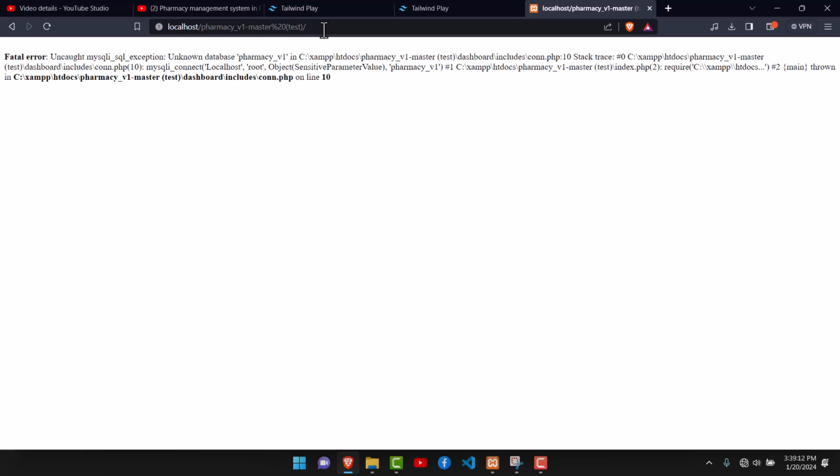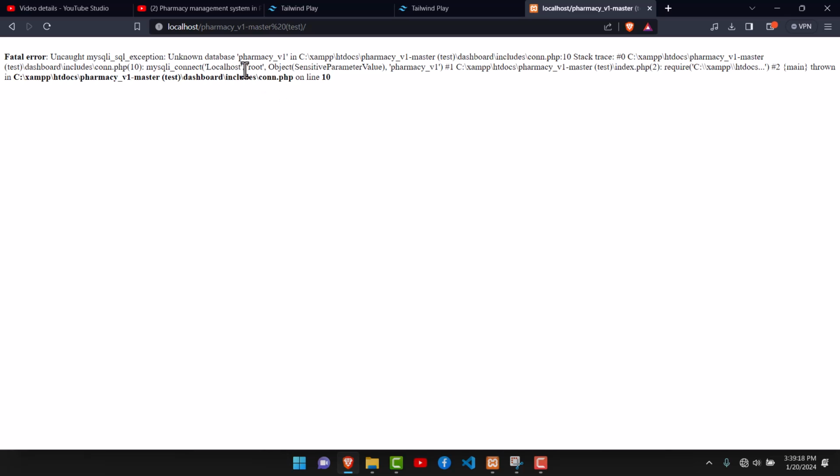Now we're having this error. Maybe this is one of the errors that we might be facing, and this is because we don't have the database already. And so the next thing that we're going to do is to create this database and have it with the information. So I'm going to copy this name, which is the name of the database for this specific project, and I'm going to open another tab,